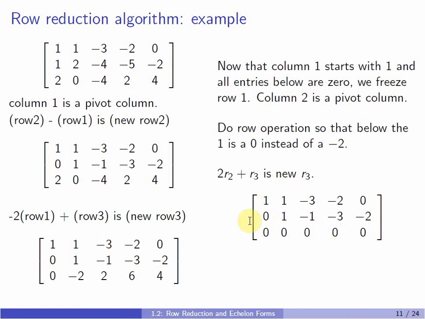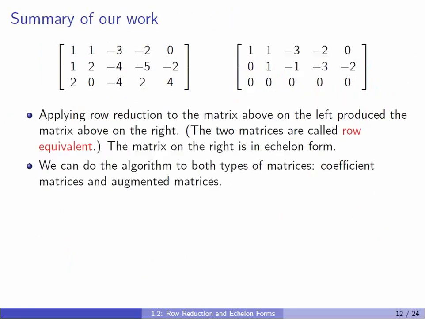And take a look. Once you've done that, we have a matrix that is in echelon form. Here's a leading entry, here's a leading entry. We've got that stair-step look along with that bottom row of zeros, right? So we're done. To summarize our work, we started with this matrix and ended up with this matrix. These 2 matrices are called row equivalent. We started with a matrix that was not in echelon form and ended with a matrix that is in echelon form. And we can do this algorithm to any matrix,